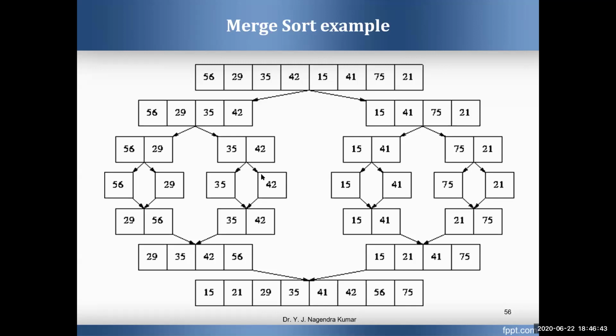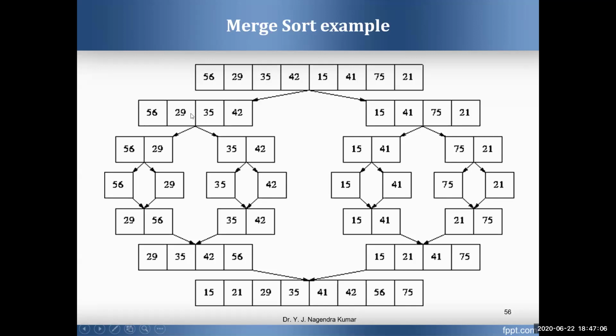If you observe the original array, which consists of 8 elements, now we have to divide this array n into two parts. N by 2 is on the left side and the other half is on the right side. So total 8 elements are there. 8 by 2, that is 4 elements on the left side and 4 on the right side.